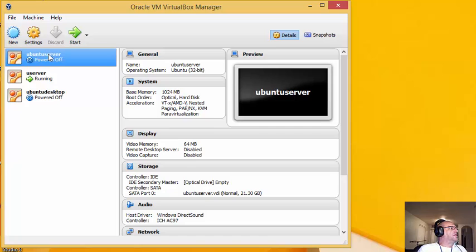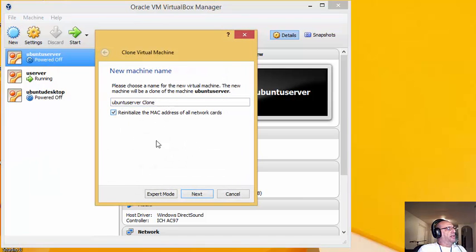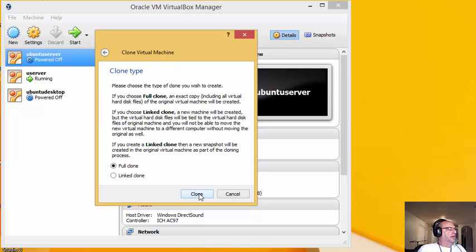So basically, to clone a machine, you just come up here, you select whatever machine you want to clone. You come up here, you go clone, and reinitialize. This is going to be Ubuntu server clone. All right, I'm going to call it clone 2 so that I know which one it is. That way I know what point it is, and I'm going to hit next, and I'm going to hit clone,